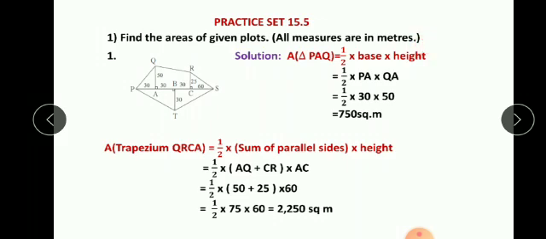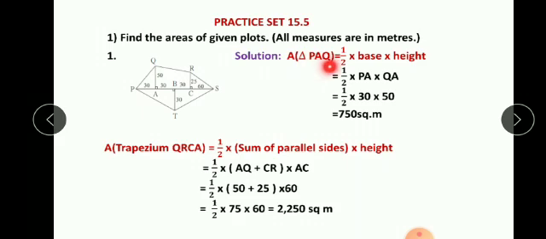So this is the figure which is given in the question. You have to draw the figure and write down the solution. Now one by one, here we will find the area of each triangle. So here there are three triangles. This is one triangle PAQ, another triangle RCS, and then PTS, and one trapezium, that is QACR, this one. Okay, so one by one, first take triangle PAQ.